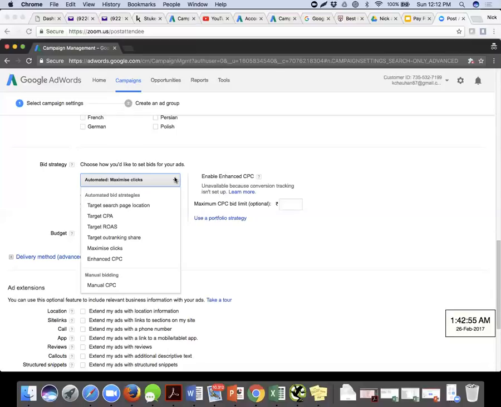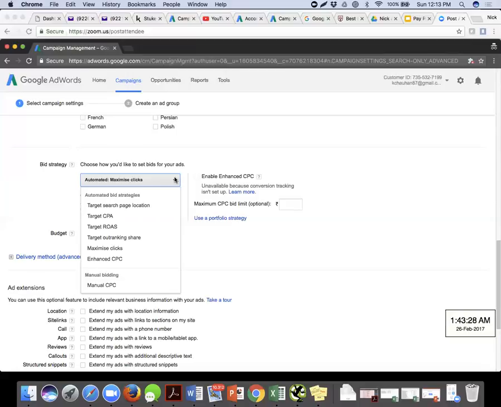A cap limit is the maximum amount with which we are bidding. We will tell Google AdWords, please increase the bid, decrease the bid on my behalf, but keep in mind that, let's say, 50 rupees per click is the maximum cap. I don't want to pay more than that. You can change the bid to 49, 40, 10, 20, 30, but you cannot make it 50 rupees and 1 paisa, because I've given you a cap.